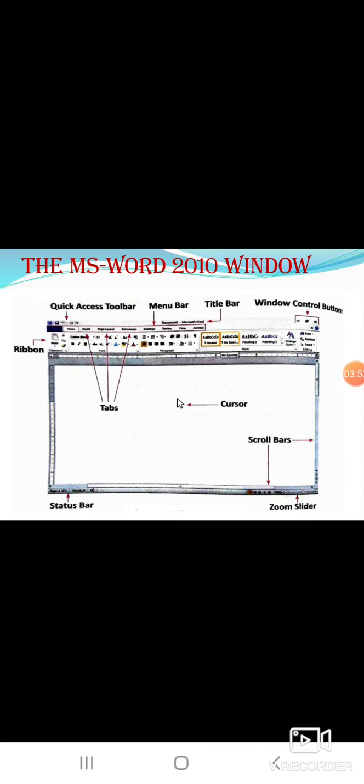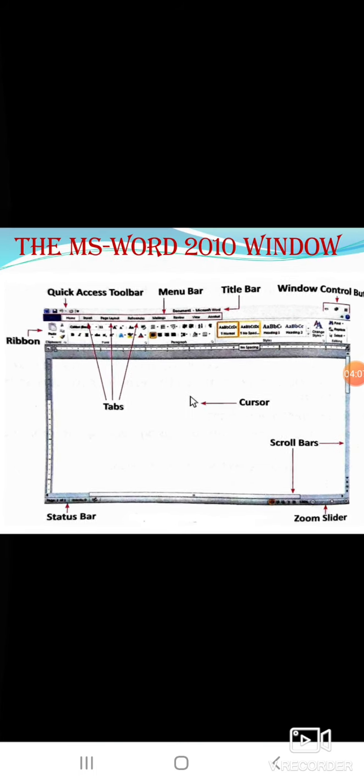Next we will see what the parts of the MS Word 2010 window are. This is the MS Word window. How will we open the MS Word window?